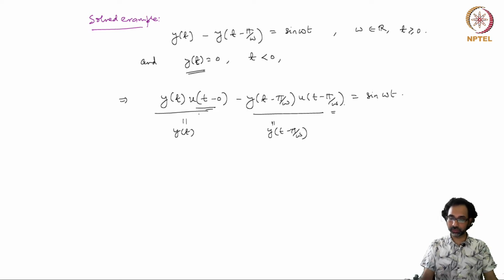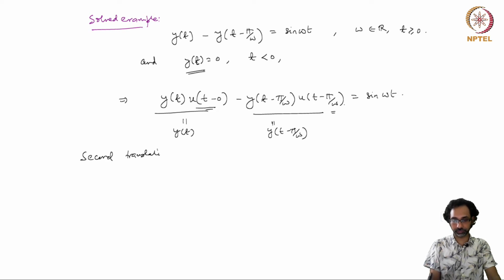You can write down the definition for these functions and find out that they will precisely give you y(t) for the first term and y(t - pi/omega) for the second term. And now we will use the second translation theorem,